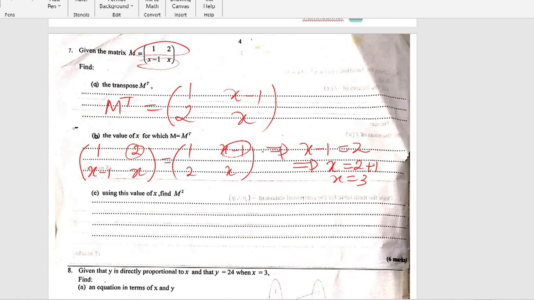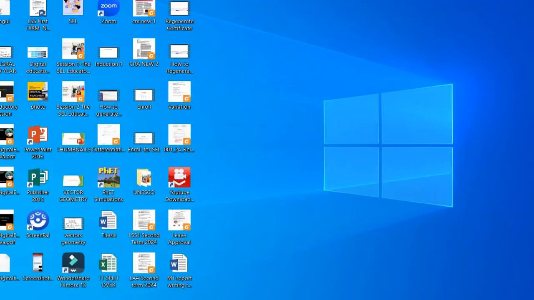Using this value of x, find M squared. Now it means M now will be 1 here, 2, 3 minus 1 because x is 3 is 2 here, then 3. So M squared means M times M. So I'm going to have 1, 2, 2, 3 times 1, 2, 2, 3. Now when we are multiplying to obtain our M squared, to multiply matrices,